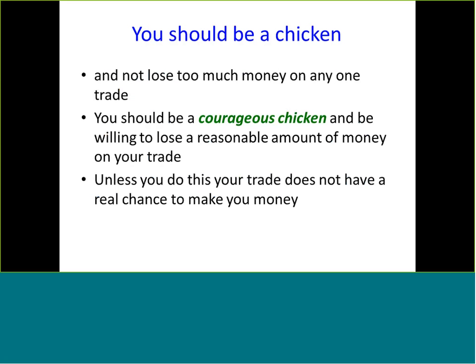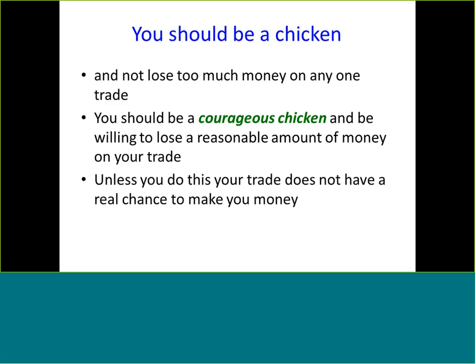So before we even start trading, we need to have a method figured out of what a reasonable amount of money to risk on a trade is, to give that trade a fair chance to be successful. It's not a matter of saying, well, 50 pounds is a reasonable amount of money to me. Not in that respect, but in respect of, am I giving that trade enough room to be successful, or am I just kind of playing semi-lottery here?